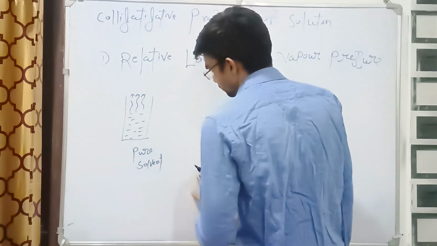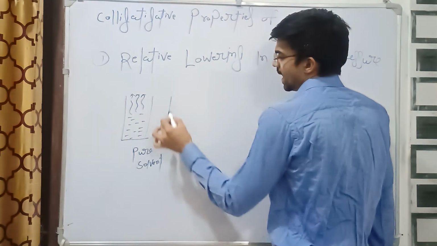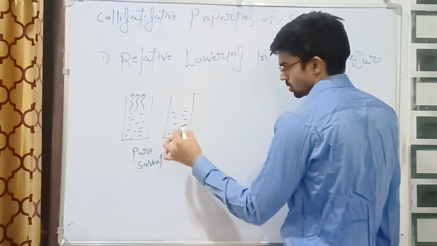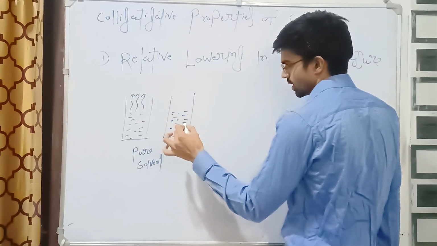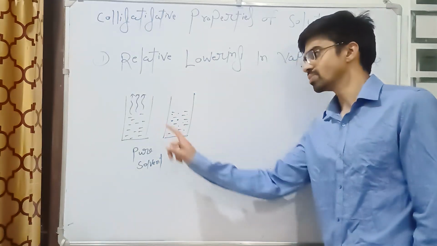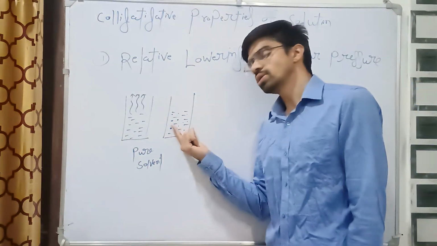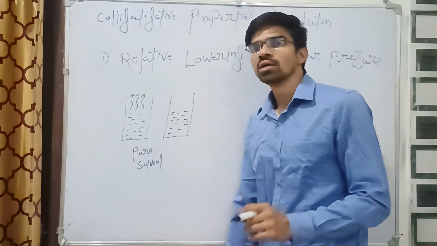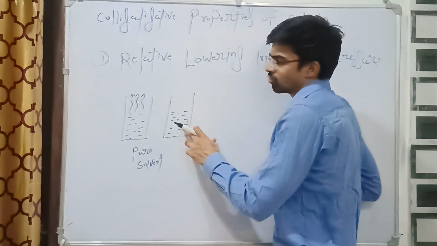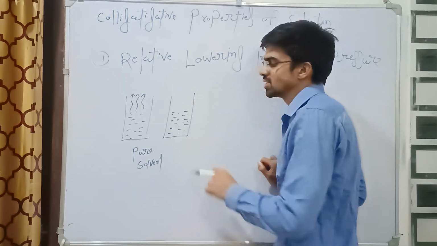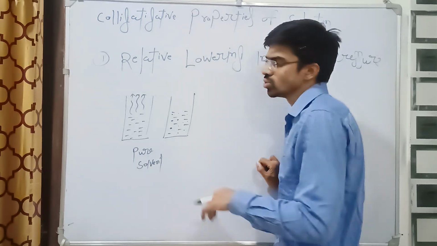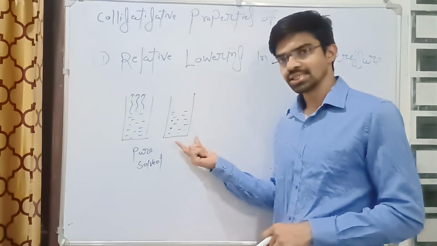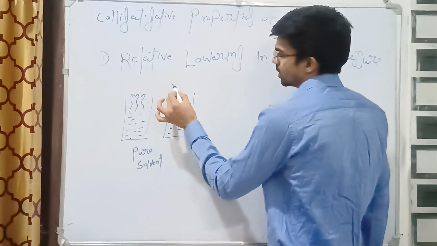Alright, now when we add some non-volatile solute in this pure solvent water, now the vapors will decrease. Why? Because this non-volatile solute molecules will adjust in the space between the water molecules or solvent molecules, which disturbs the solvent molecules to get vaporized. That is why the number of vapors will be decreased when we add the non-volatile solute